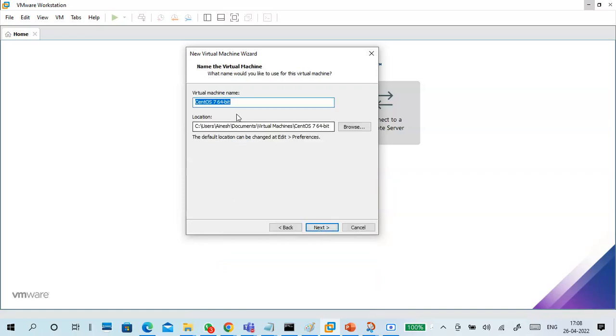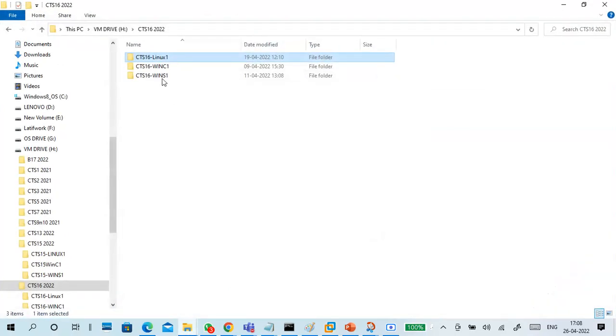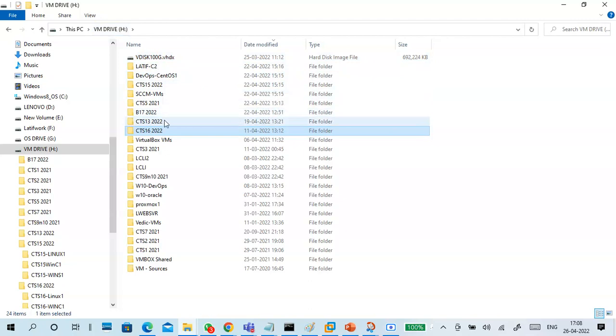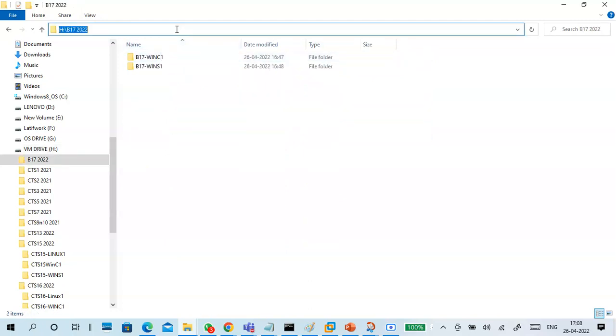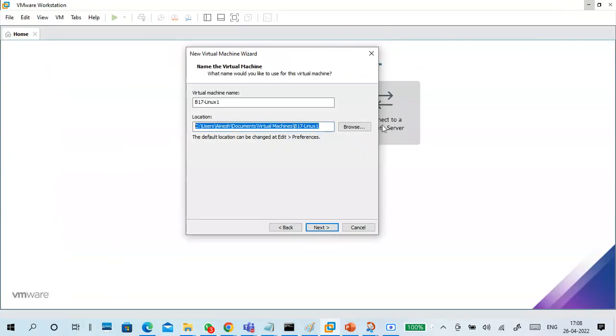So I'm changing the name to B17 Linux 1. And for location, I put all your virtual machines in this H drive folder. Copy the location, paste here, then copy the virtual machine name and after a slash, put it.